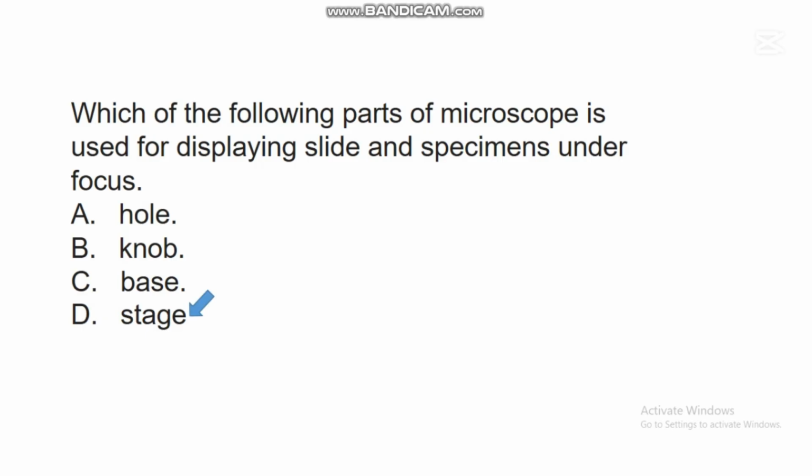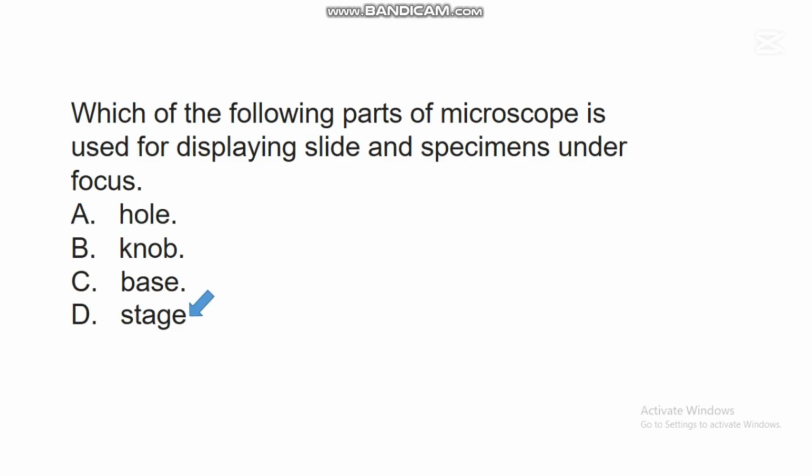The knowledge will help that individual to make good use of the microscope to study an organism or any other specimen or any other thing that a scientist wants to study with a microscope. So this stage, studies have shown that this part of a microscope known as stage is used for displaying slide